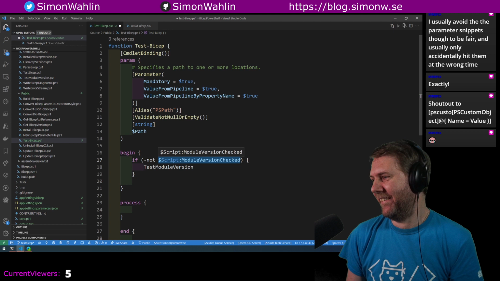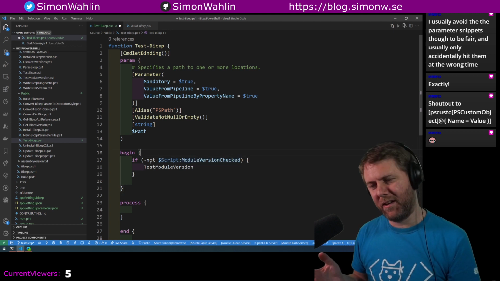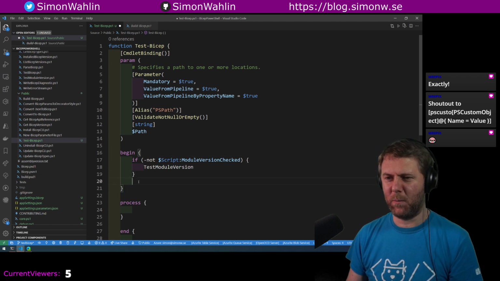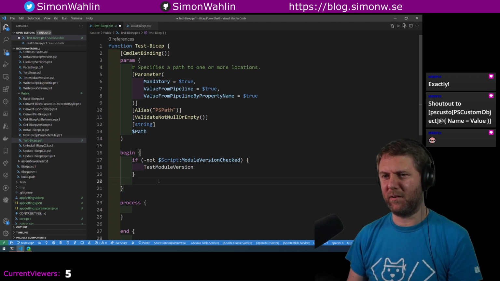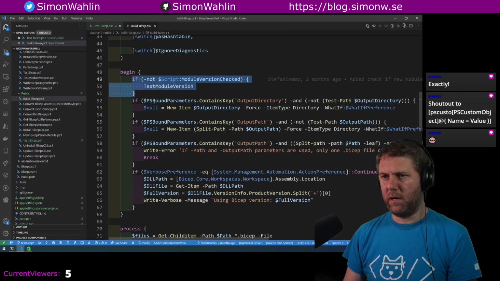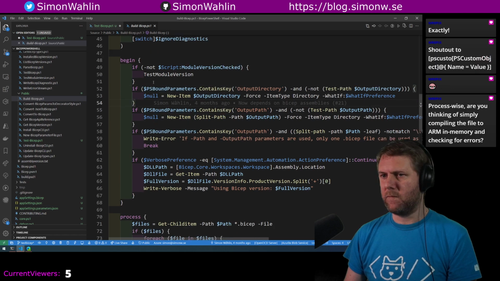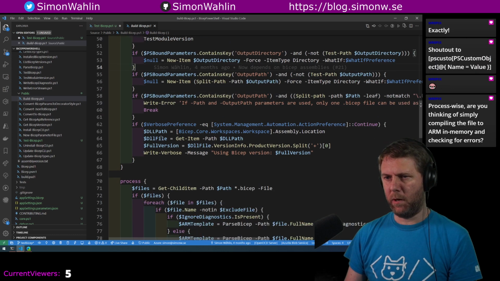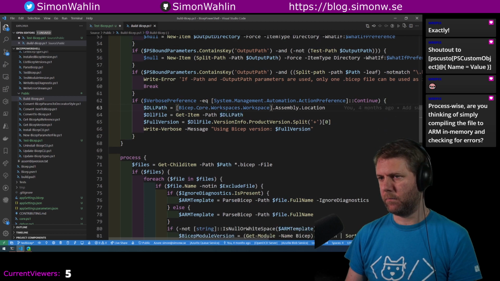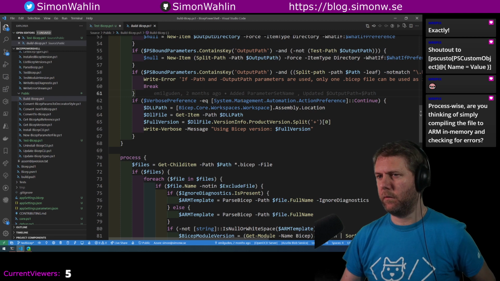Snippets are sometimes a great thing to have, and sometimes they make life hard for you when you accidentally trigger them. So we're going to do a test module version, then we're not going to have an output parameter of any kind. So if verbose preference equals continue,